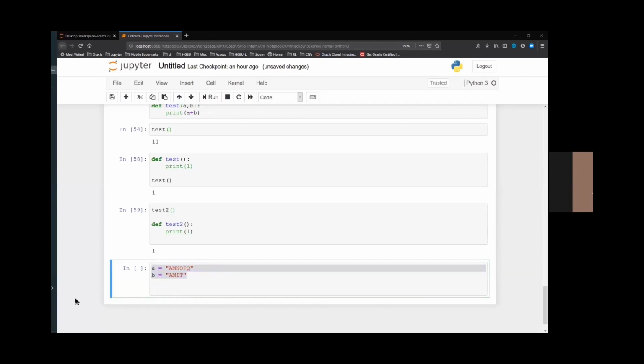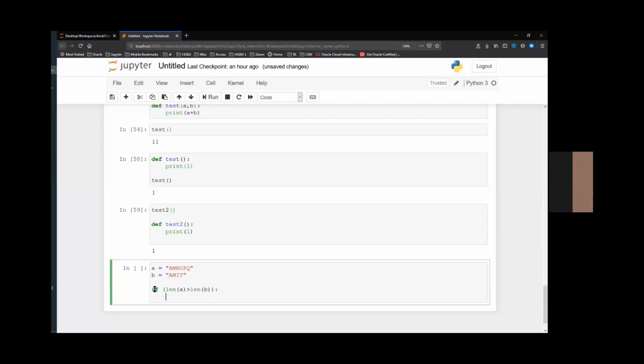Now, for that, I can say if len of A is greater than len of B, then just swap the two elements. So A comma B equals B comma A.